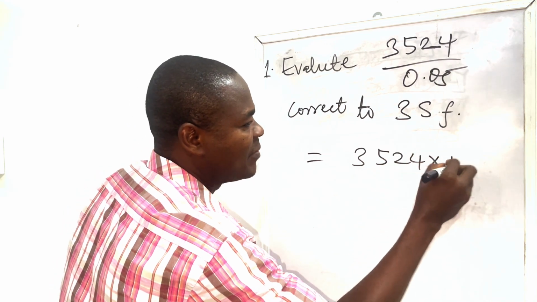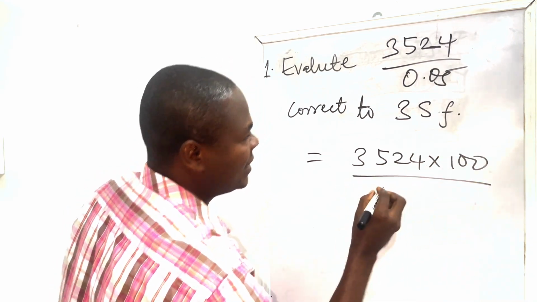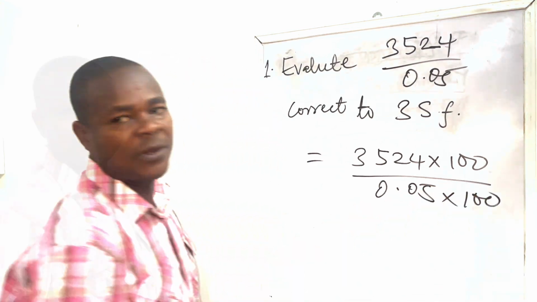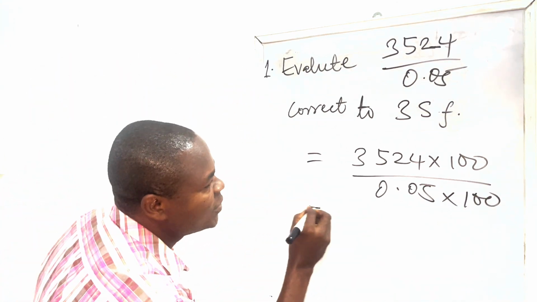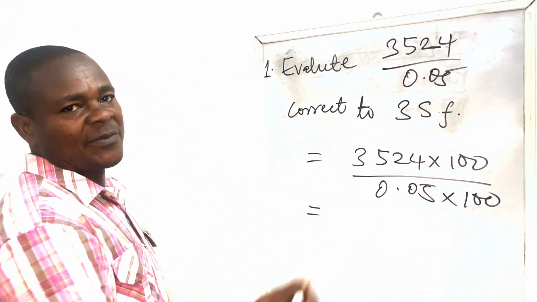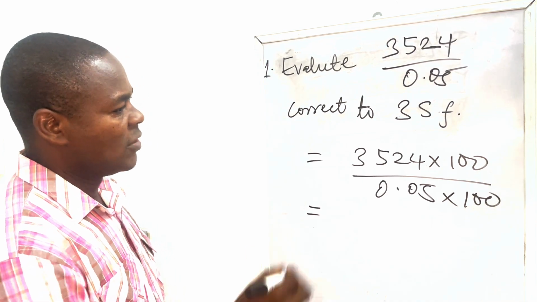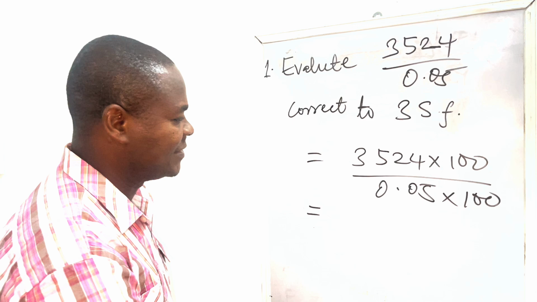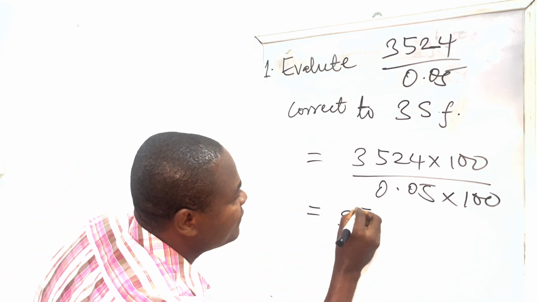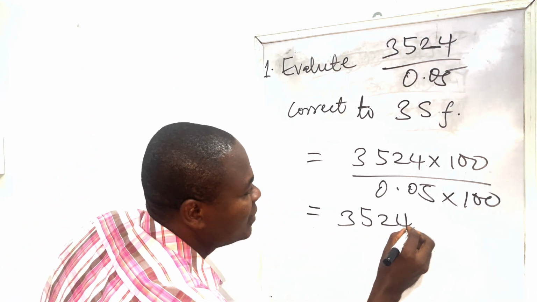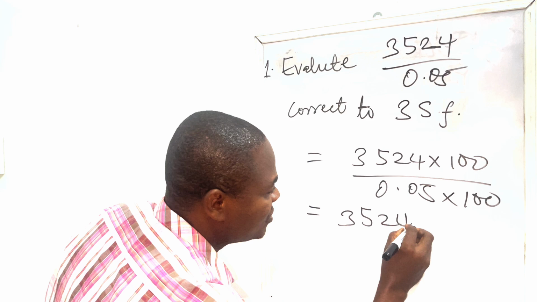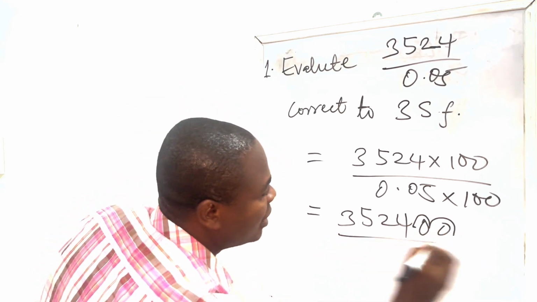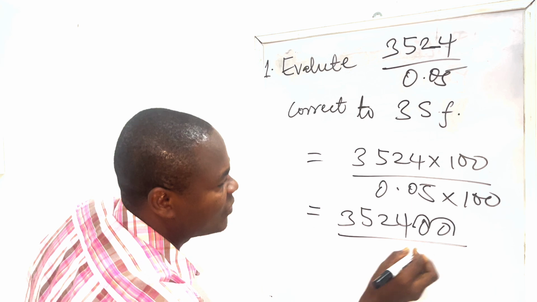3,524 multiplied by 100 all over 0.05 also multiplied by what? 100. And this is equal to, when you multiply any number by 100, of course, all you have to do is move 2 places of decimal to the right. So let me do that. 3,524. My decimal place must have been here. So I move like this, I move again like this. I have 2 zeros here. All over 0.05